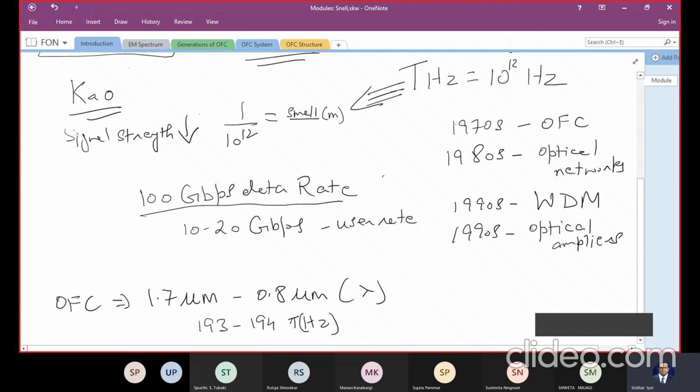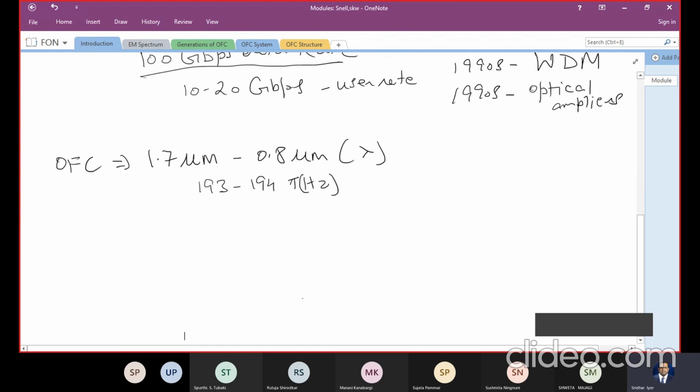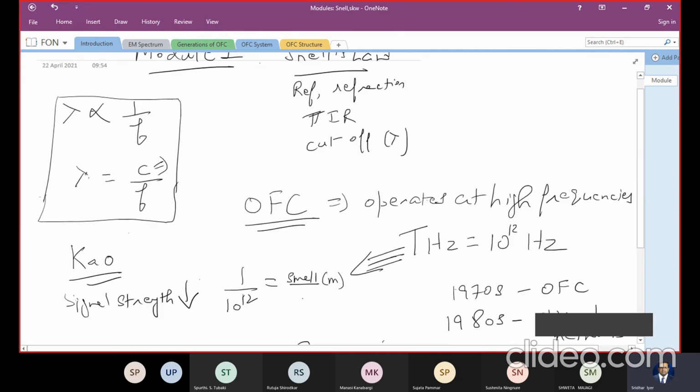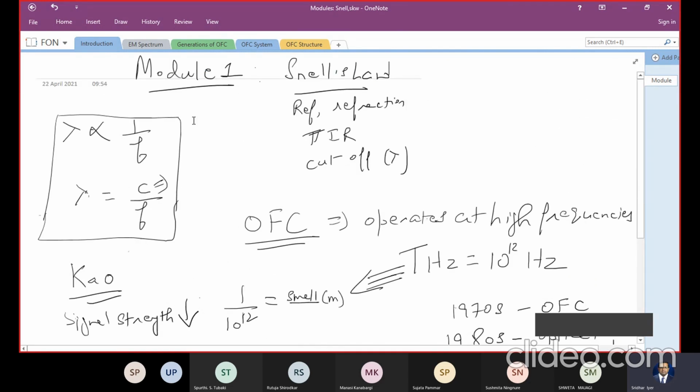So this is one of the most important advantages of optical fiber communication. Then we also looked at a few other aspects and advantages of the optical fiber, and then we looked at the electromagnetic spectrum, starting with microwave, going all the way to cosmic rays, and where exactly optical fiber communication lies. Optical fiber communication is just next to the visible range, so it's high frequency, therefore we get very large bandwidth out of optical fibers, right?